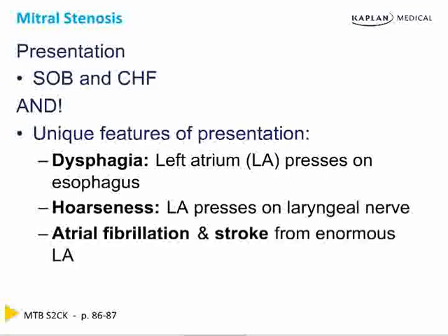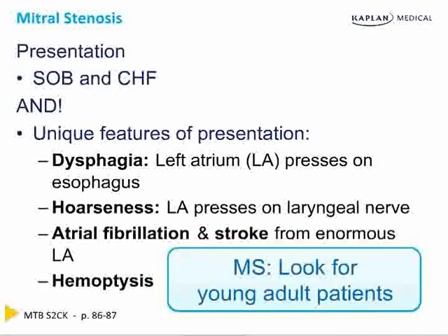In time you get atrial fibrillation, because it has the largest left atrium, so therefore it has the largest amount of stasis and the largest amount of atrial fibrillation, therefore the largest amount of strokes. And hemoptysis, because that backflow of blood into your lungs bursts the blood vessels, and we are going to be looking for a young adult person who is 25 or 30 or 36 years old, who had their rheumatic fever